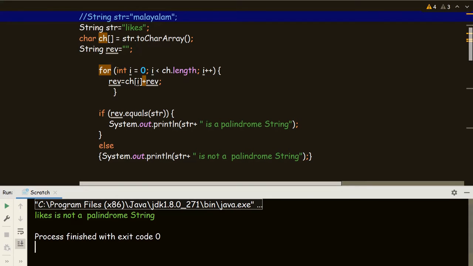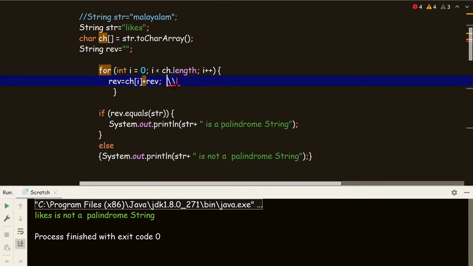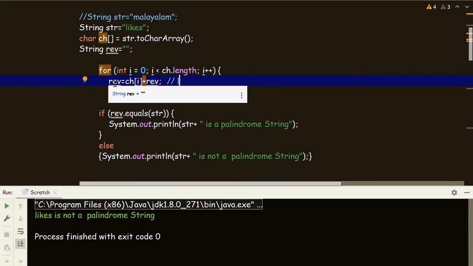So L plus the empty rev, rev becomes L. Then i increments by 1, ch of i becomes I, so I plus rev, where rev is L, gives IL.